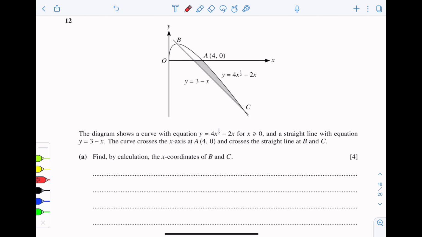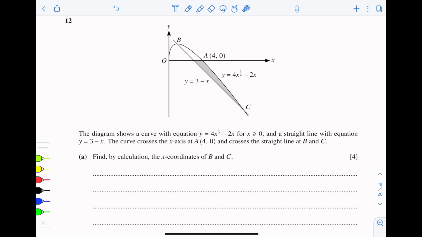Next question number 12 of this paper is, the diagram shows a curve with the equation y is equal to 4x power 1/2 minus 2x for x is greater than or equal to 0, and a straight line with the equation y is equal to 3 minus x. This is the equation of the curve. This is the equation of the line. The curve crosses the x-axis at